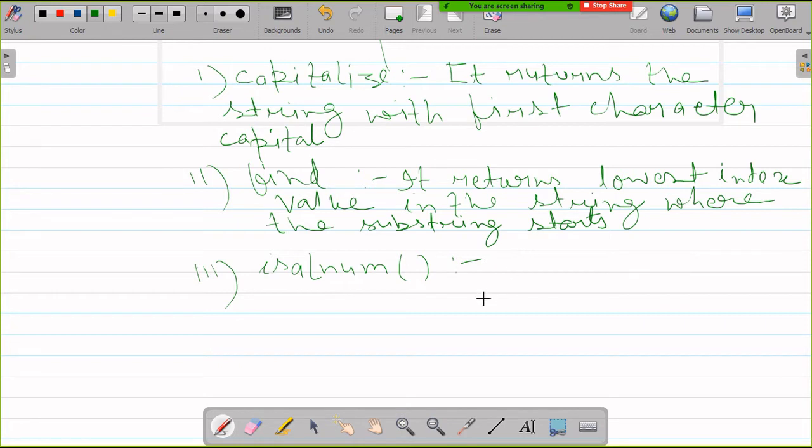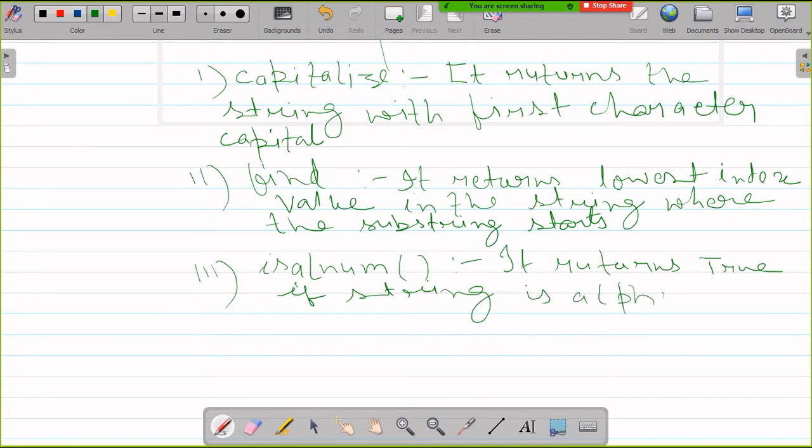It will return true if the string is alphanumeric.